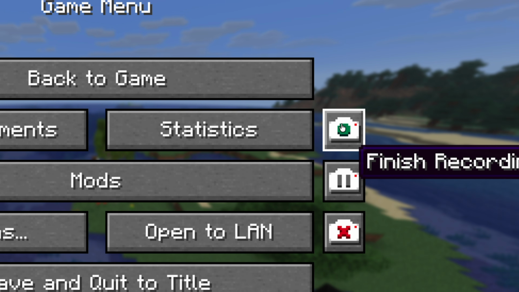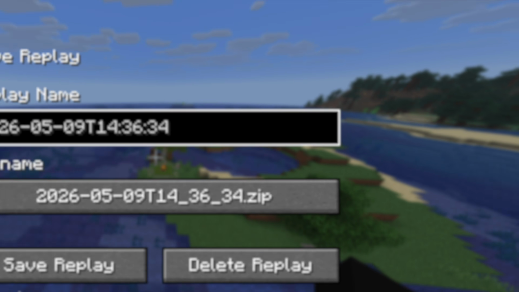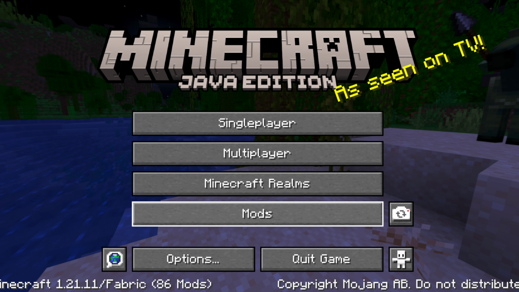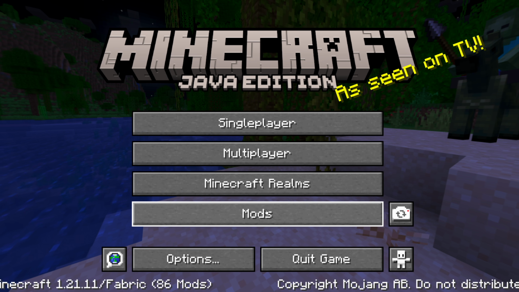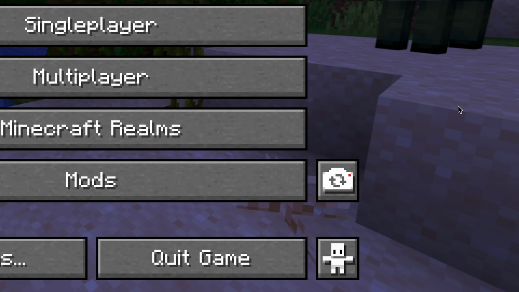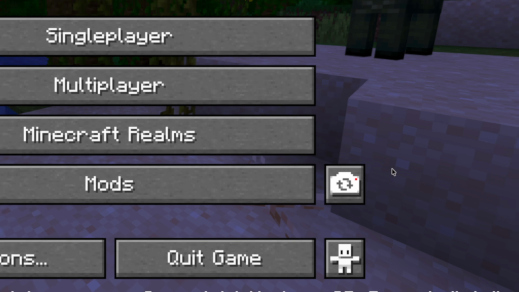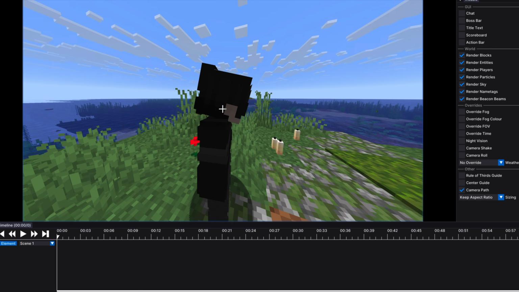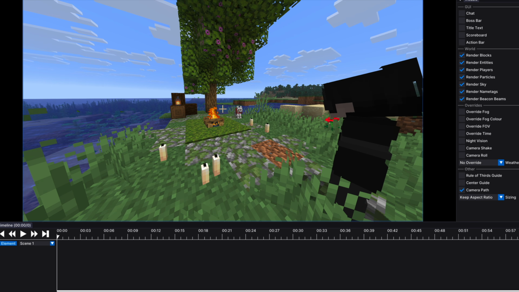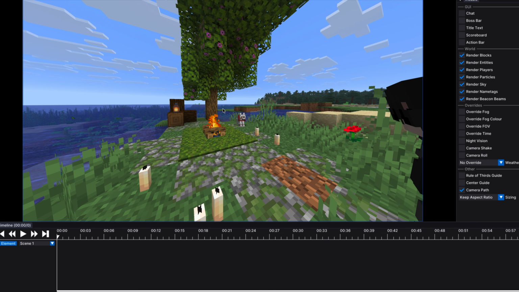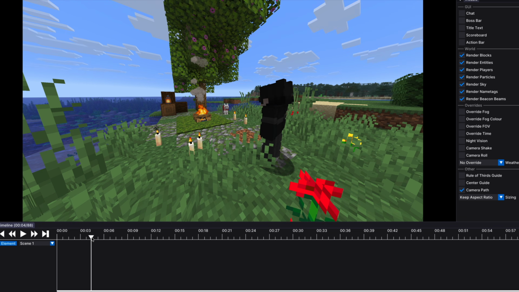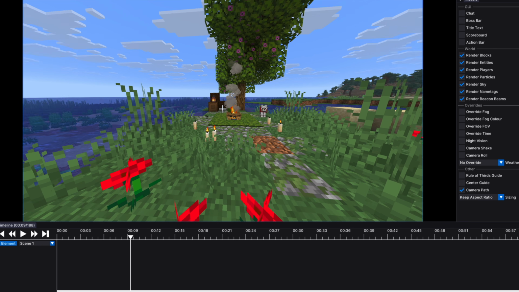Okay, so once you're done, you want to click on this green button right here, finish recording, and you can go to save replay, and then you want to exit your Minecraft world. And then you'll see this little flashback button right here. You want to click on this and you'll see the recording you just made. You want to go on there. So once you're in your recording, you will see the setting you just made. And one thing I would do is skip to the part where you're out of the frame. So basically here,